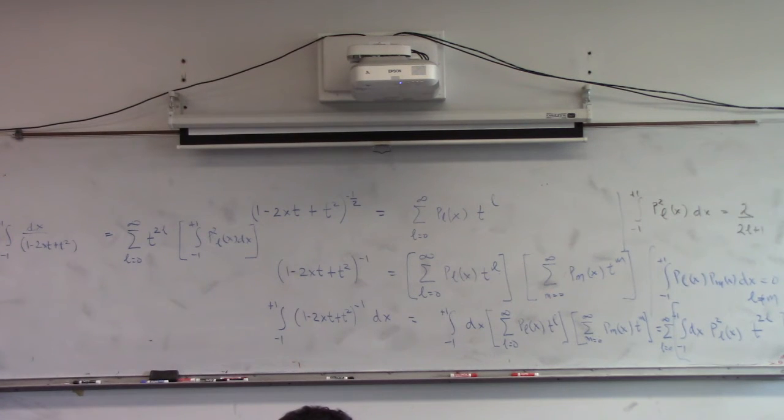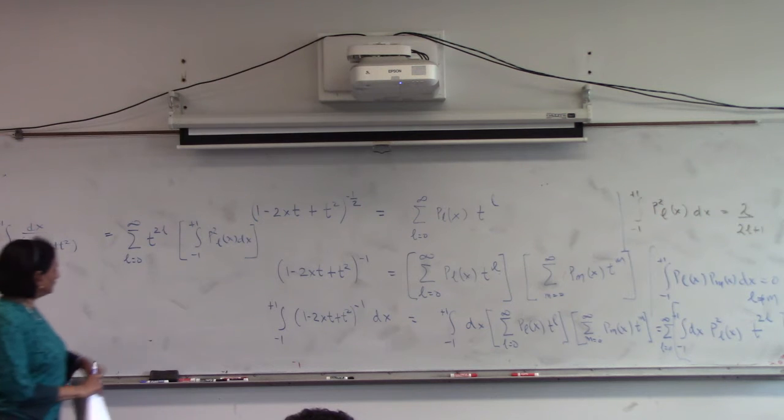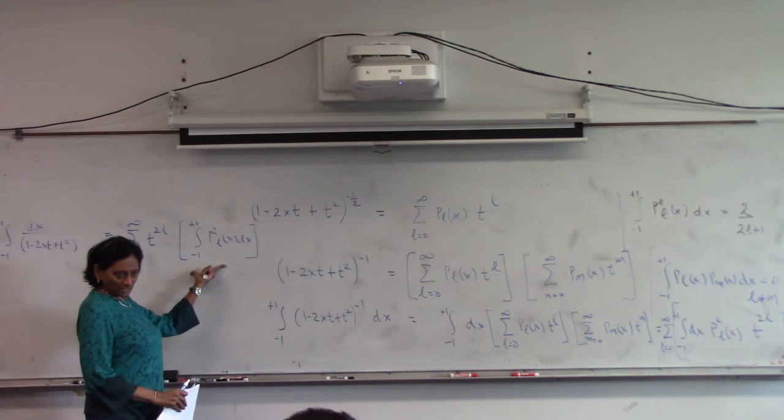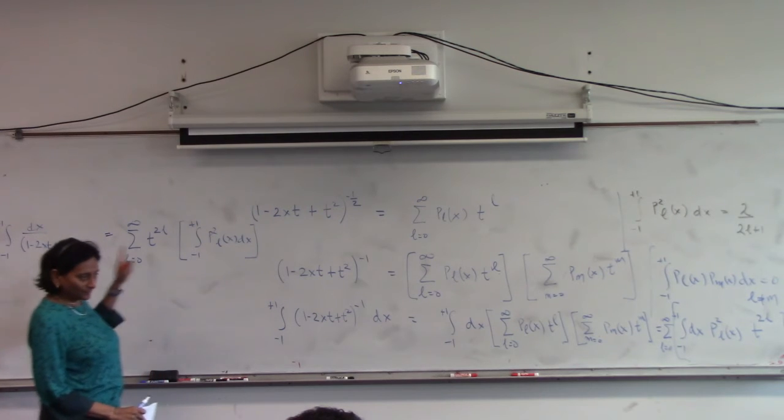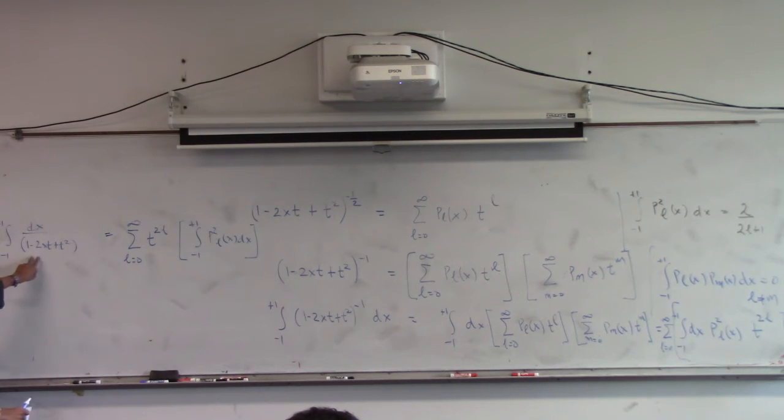This is okay? Alright, you know how to integrate this, right? What should I do for this? Eventually I'm going to extract this information by comparing the coefficient of t to the power L on both sides. That's how we do it. Before doing that, I have to do more manipulations here. But what is the integral of this, the integral with respect to x? Can I multiply and divide by -2t? If I did that,